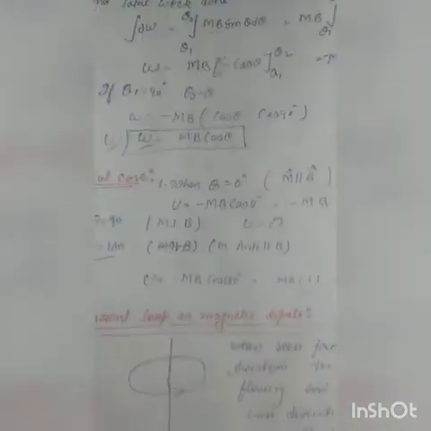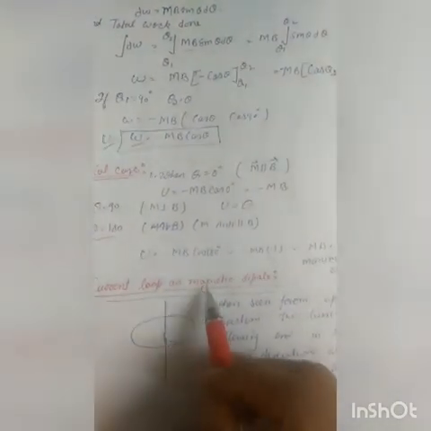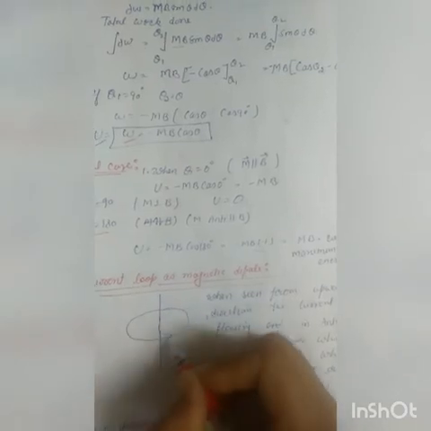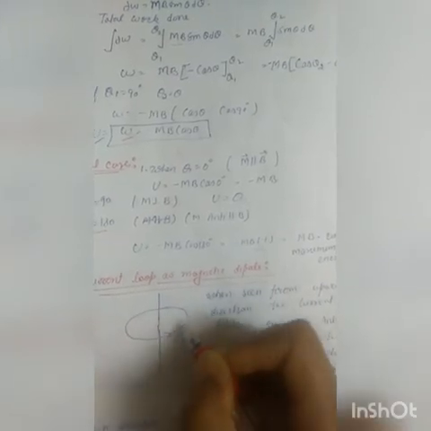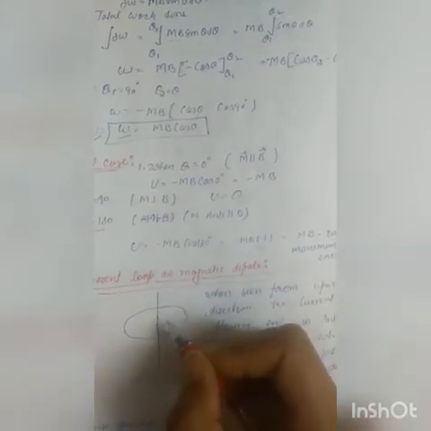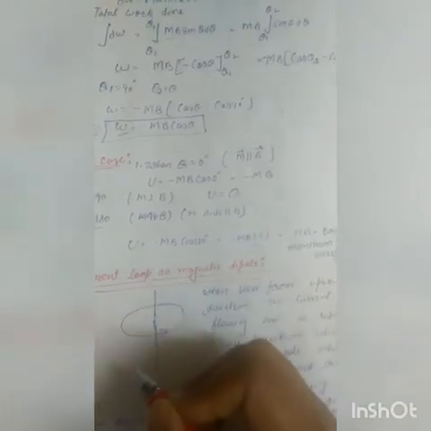Right? These are some topics which are based upon the magnetic field and the torque. Now we have to show that a current loop is a magnetic dipole. A current carrying loop behaves as a magnetic dipole. When current is flowing in the wire, suppose it is flowing in anti-clockwise direction. When you observe this wire from the upper side, you see that the current is flowing in anti-clockwise direction.